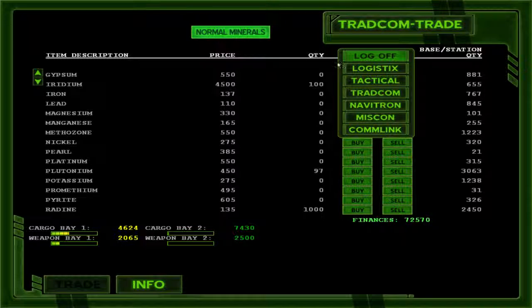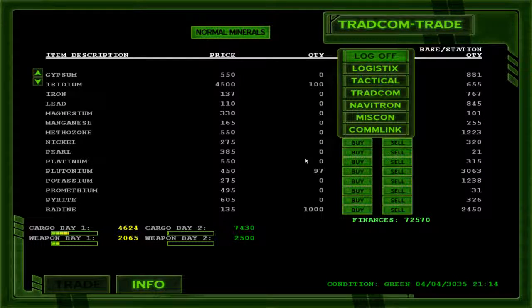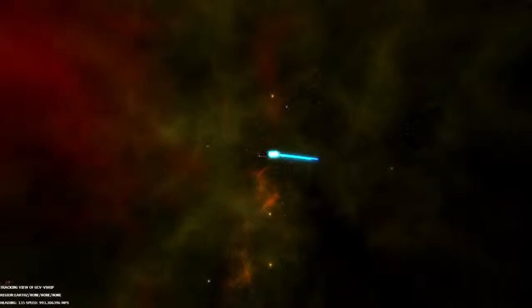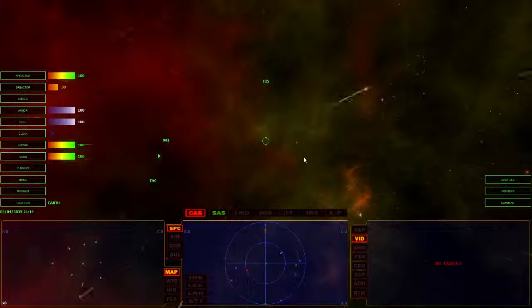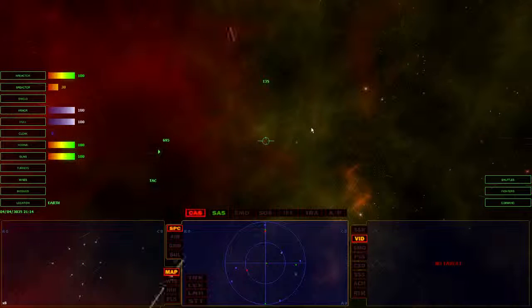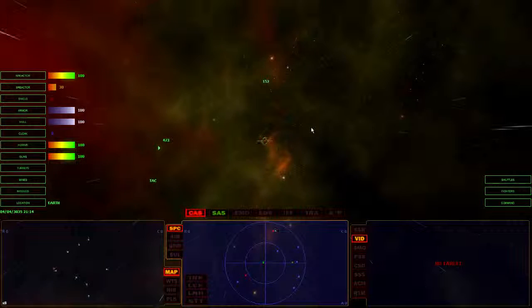And once you click log off, you'll actually undock with the station. So let's do that. Once you do that, then you fly off away from the station. Okay, so that's pretty much how to do some basic stuff and